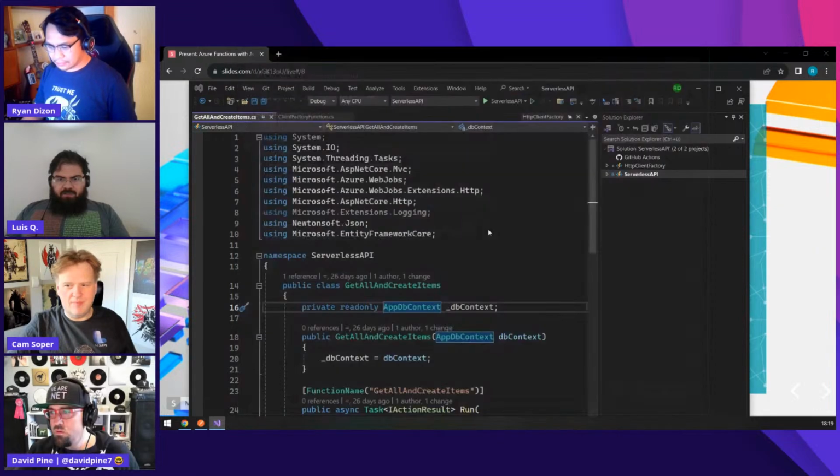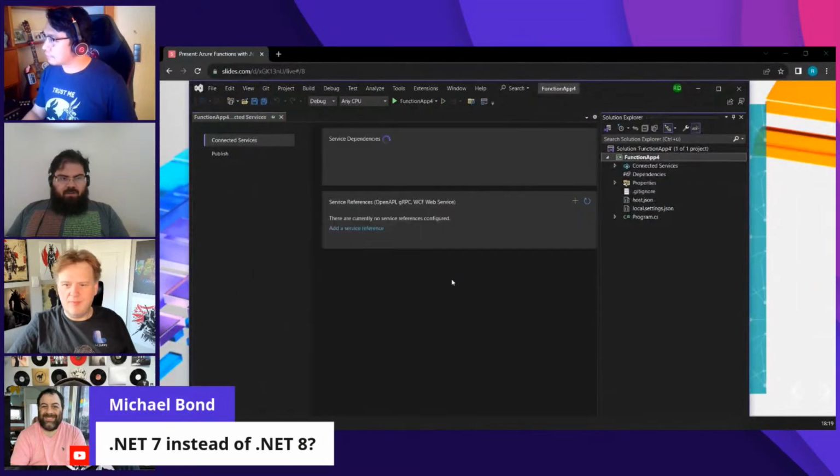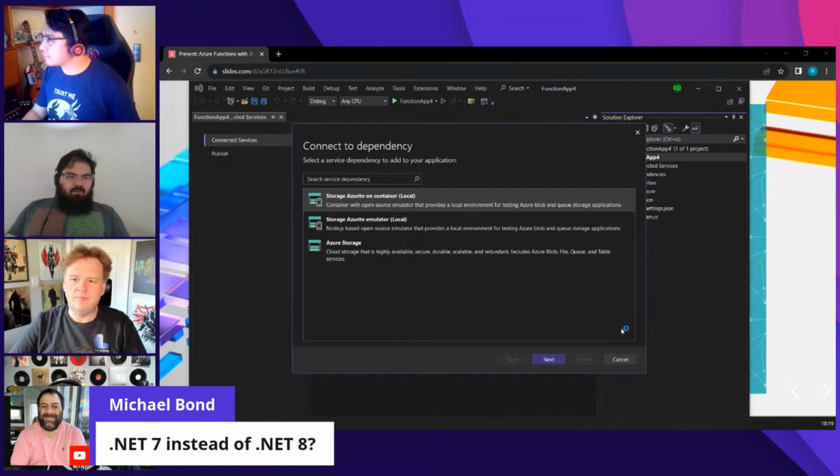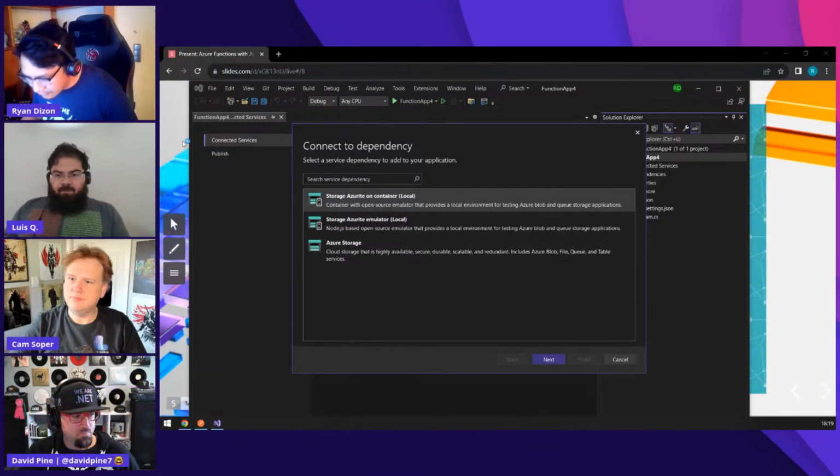Just to clarify here real quick for folks in the chat, Michael's asking about .NET 7 instead of .NET 8, and I believe this is just a matter of updating Visual Studio, right? Because .NET 8 support is currently available in isolated Azure Functions.